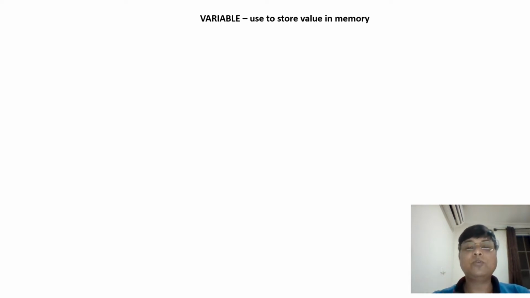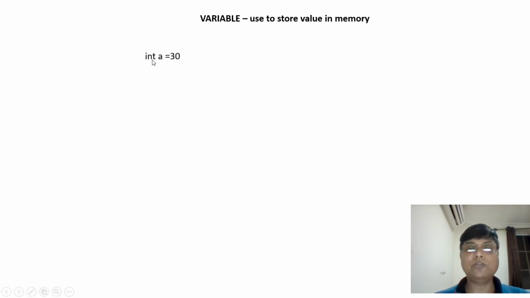For example, if I want to store information about age, I can declare a variable age and assign values. Age may be an integer, a float, a long, or a double. It depends on what information the programmer wants to hold. So let's see an example: integer a equal to 30. The moment you declare integer a equal to 30, a lot of things happen inside the memory. You have to understand how the variable is declared. When you declare a variable, first you have to declare the type of data.